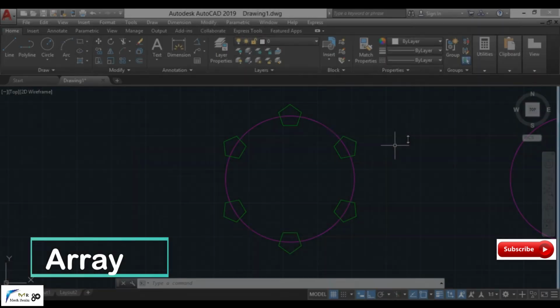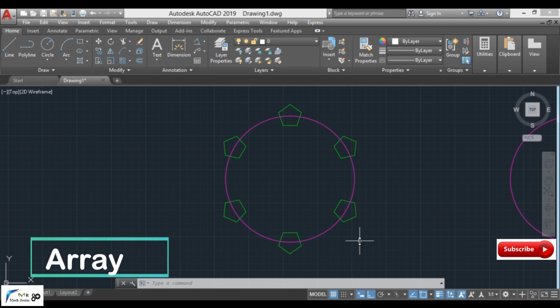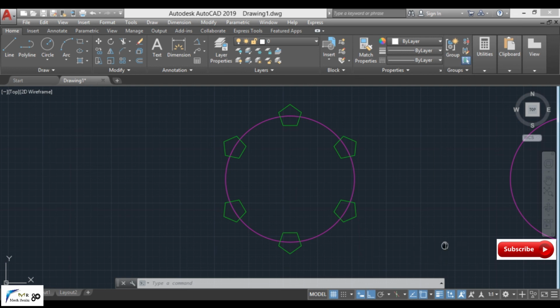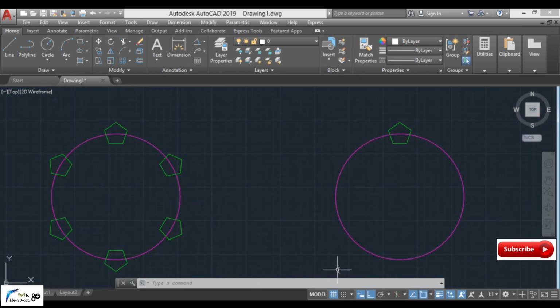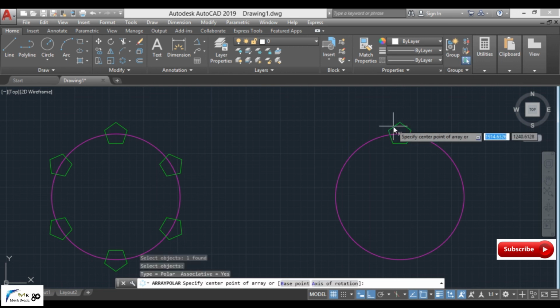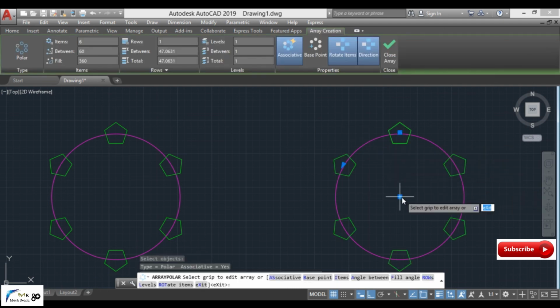Suppose we have to create an object like this. So this option is known as array command and the case is known as polar array. For this we have to create two objects. First one the trajectory and the second one the main object. Clear? For this we have to type AR, enter, or simply we can move here, click on this flyout and select polar array. After selecting polar array, we have to select the object which we have to create as an array. Now press enter key. Now we have to define center point of the trajectory along which we have to create array. So center point will be this one.